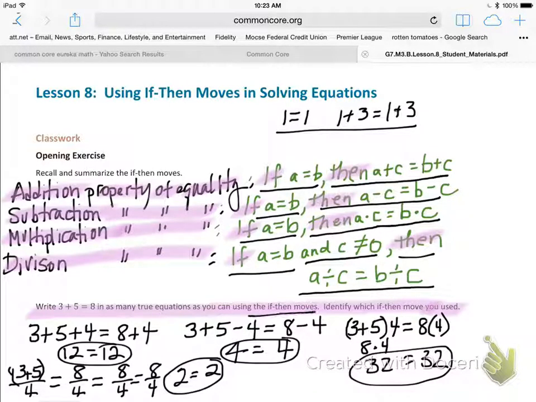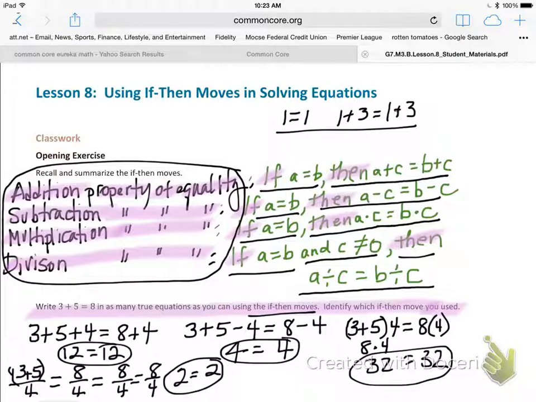using these if-then moves. And all of these are called the properties of equality, but they describe them here as if-then moves. And the whole idea, and hopefully you're seeing why we're talking about this, is when we are isolating our variable or trying to solve for x, very often we're always doing to the one side what we do